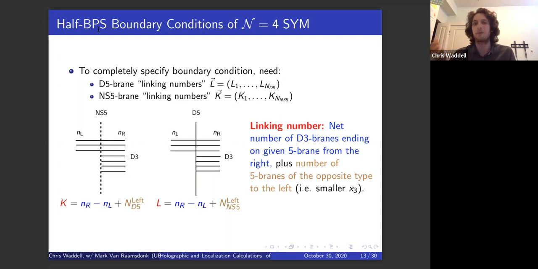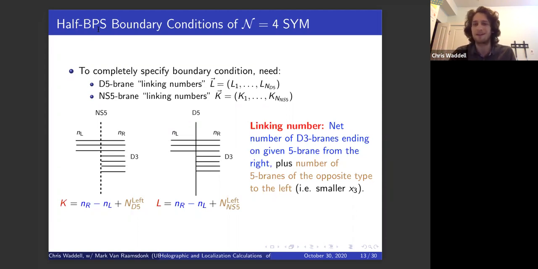So these are called linking numbers. We denote the D5 linking numbers with L and the NS5 linking numbers with K throughout this talk. And basically, we associate some integer to every 5-brane appearing in our configuration. And in the string theory picture, the linking number essentially is equal to the net number of D3-branes which end on the 5-brane from the right, plus the number of 5-branes of the opposite type which appear at smaller values